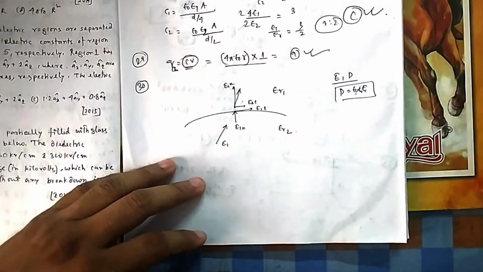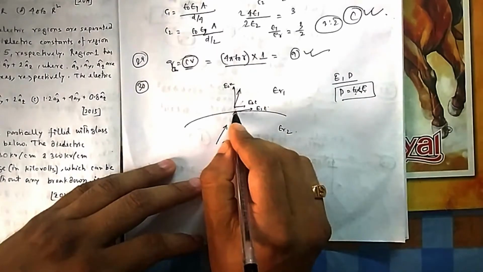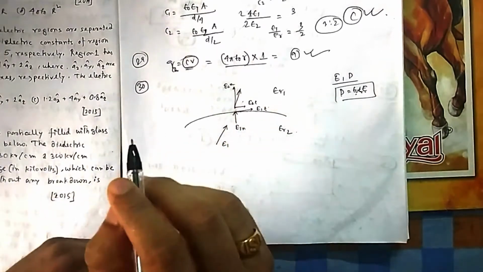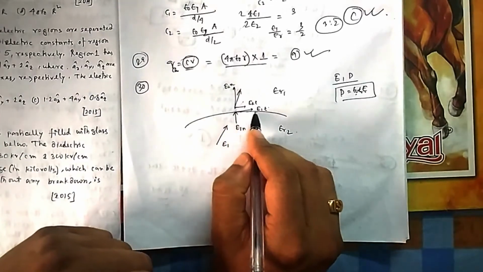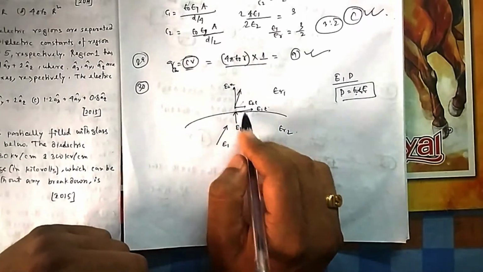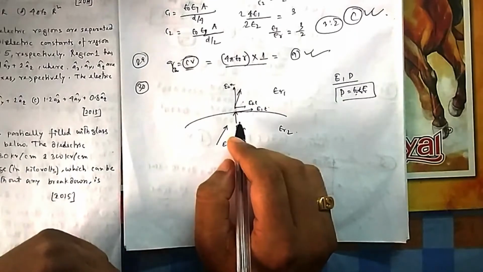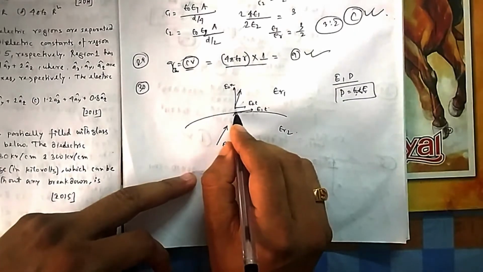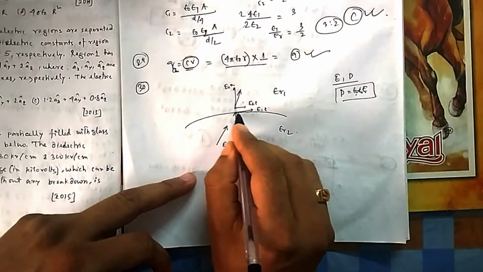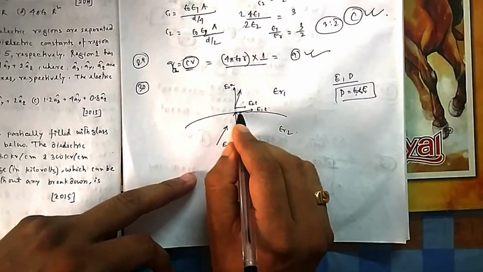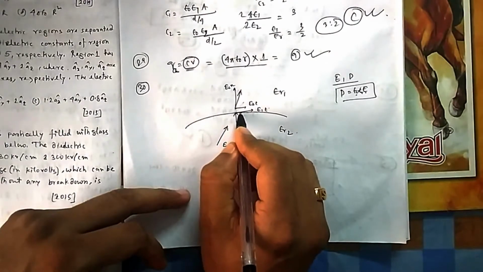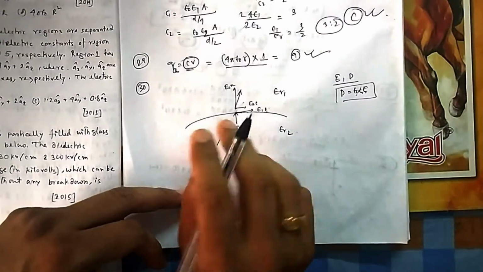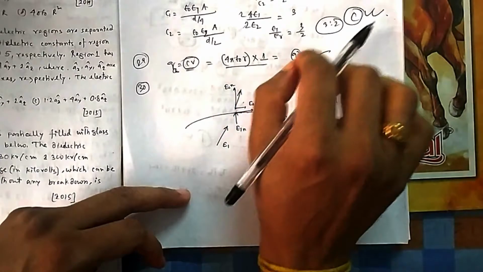Now what do you think? If you move along this path, will there be a change in potential? No, there will not be a change in potential, because you are moving along the boundary of these two. Moving along this path means you are moving tangentially. If you want to move along the curve, at every point you have to see what the tangent is and move a little step forward. Again you have to find the tangent.